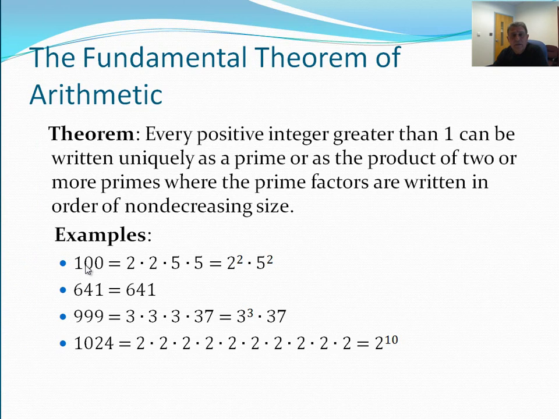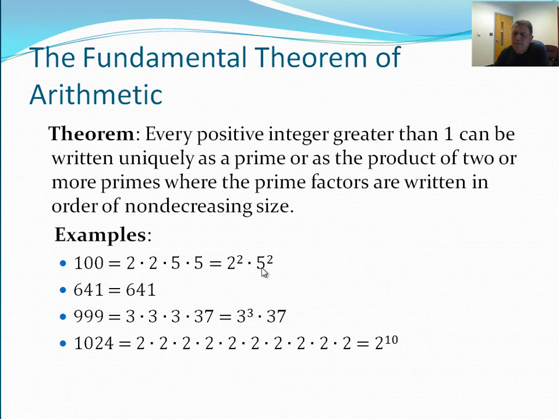It is divisible by 1, which we assume. Divisible by 2, we write them down, makes them 50. Divisible by 2 again, makes them 25. 25 is divisible by 5, makes them 5. And 5 is divisible by another 5. And so there are two 2's and two 5's, so we say 2 to the power of 2 times 5 to the power of 2. So 100 is a composite number, but we could write it in a product form of prime